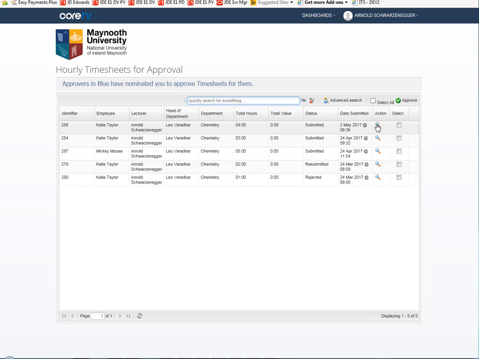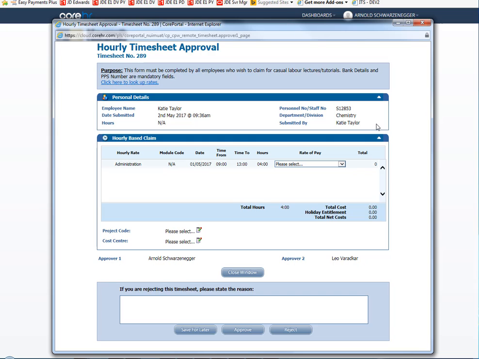As per the last section, find the claim you want to work on in the search grid. This particular claim is at status submitted. View the timesheet details by clicking the magnifying icon in the action column. Make the changes required to approve